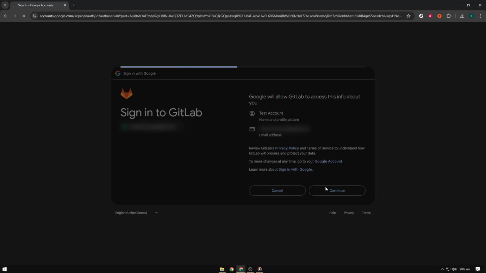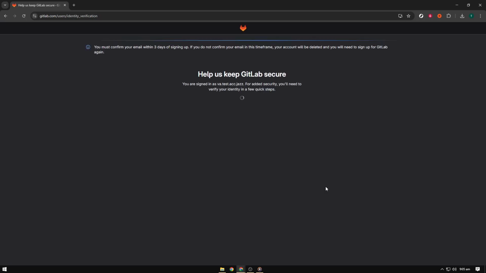Depending on your current session, you may be asked to enter your GitLab credentials or to confirm that you want to authorize Silex to use your account for authentication. This process is normal and keeps your password with the provider. Silex never sees it. If you're prompted to review permissions, take a moment to read the authorization screen and then